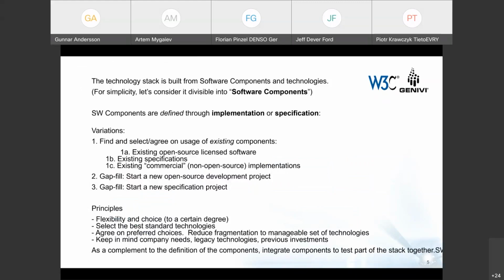So I proposed here, just for the discussion, that we say that software can be divided into software components, just to have a simple terminology to use. Now, how do you define software components? We could define them through implementation or specification. You may say, what about both? But I'm here just making a distinction that